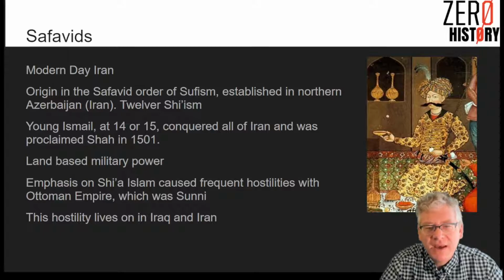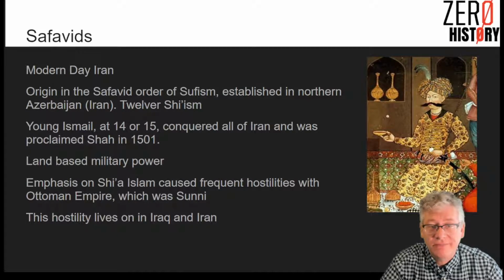This is a land-based military power. They had an emphasis on Shia Islam, and so that's going to cause a lot of conflict with the Ottoman Empire, which is Sunni, and so that is something that lives on till today. So Iran today is predominantly Shia. Iraq and a lot of other countries around those areas are predominantly Sunni, and so there ends up being hostility